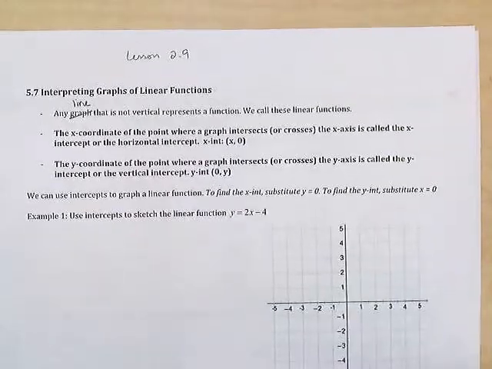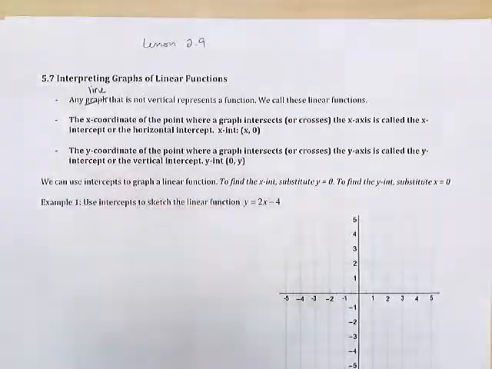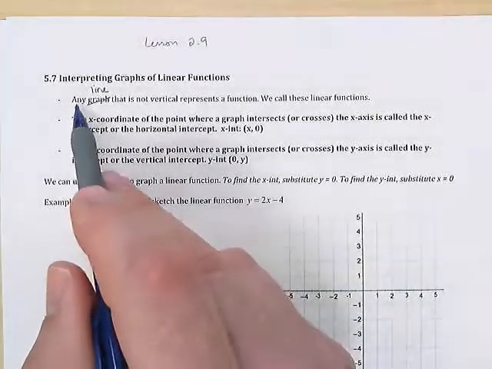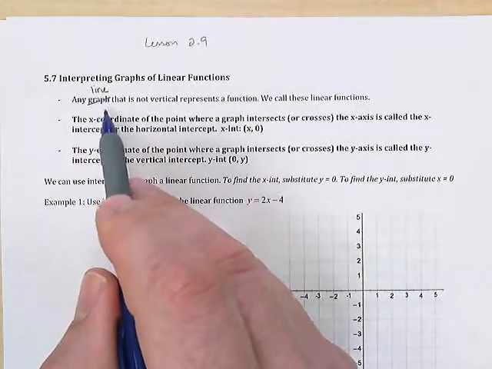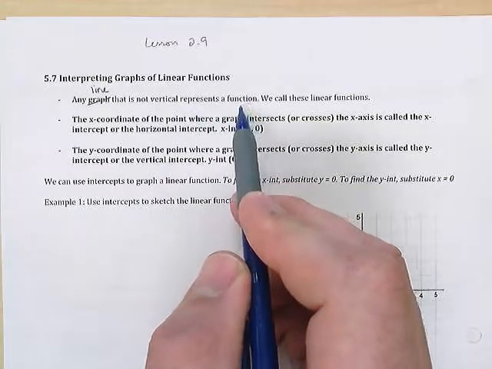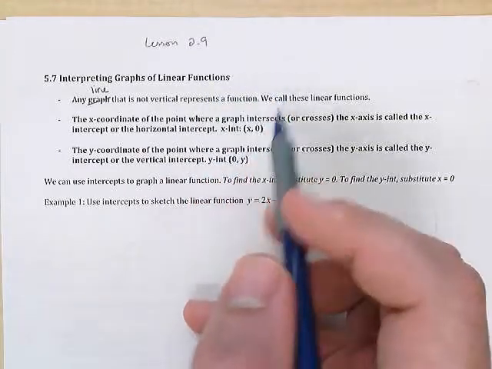All right, last section, lesson 2.9, section 5.7 in your booklets. Interpreting graphs of linear functions. Any line, please scratch that, make that line, okay? Any line that is not vertical represents a function. So if you have a vertical line, that's not a function, but anything else, it could be horizontal, slant, we